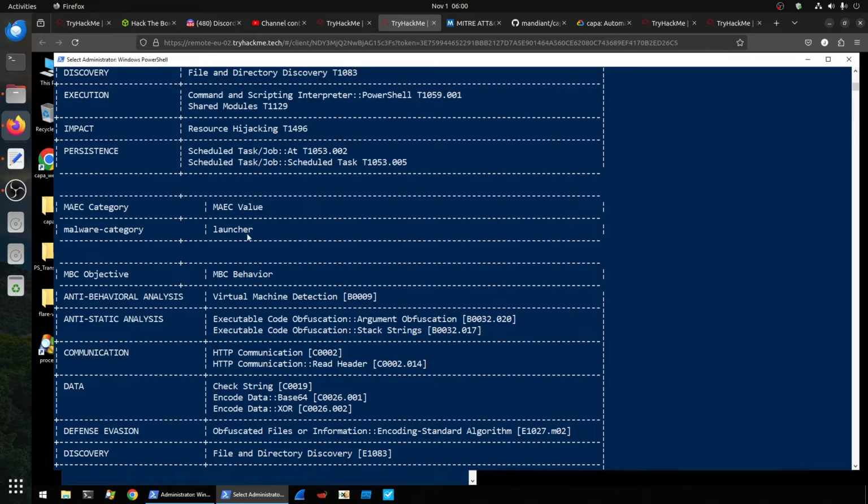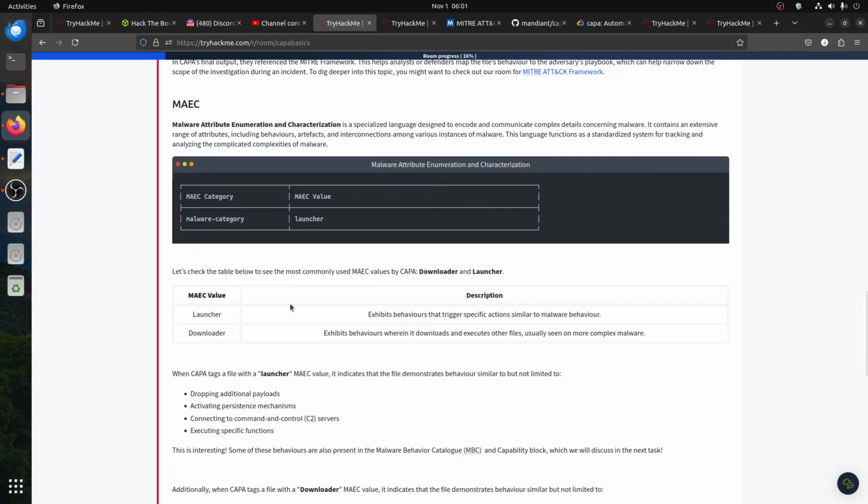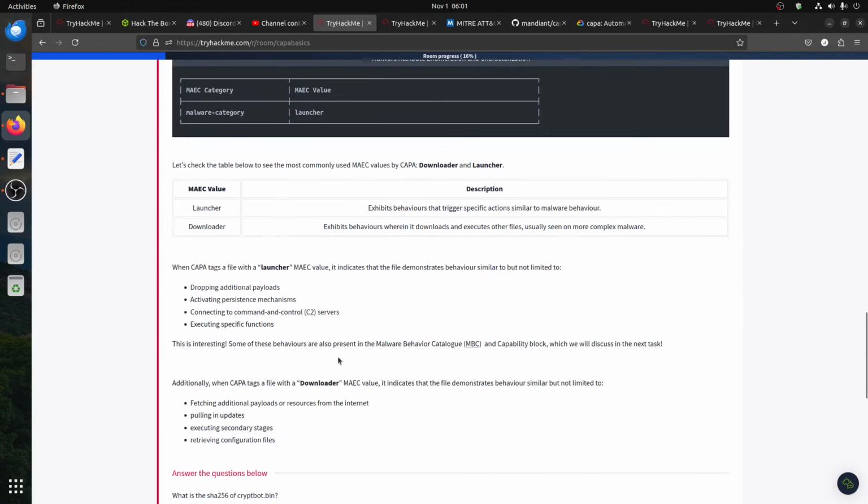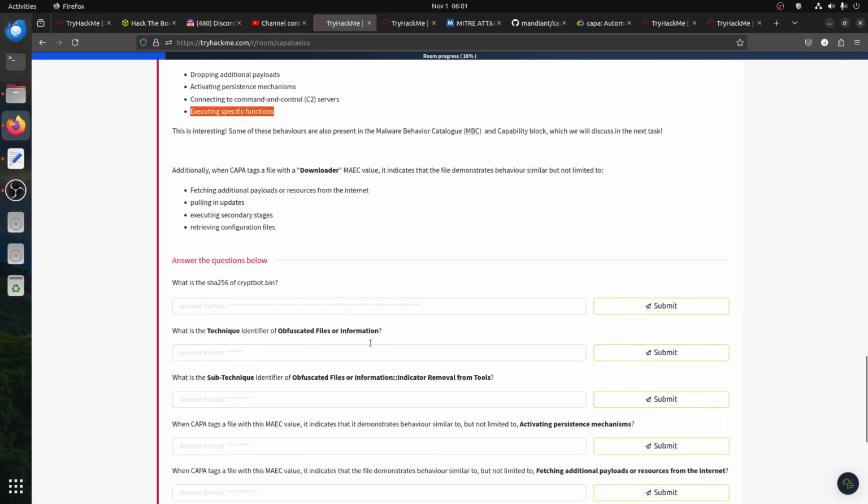is the MAEC value launcher. So it's something related to launch, and for the launch, they tell us here, for example, either dropping an additional payload, because usually when malware comes, it can download something, and that something needs to download something else. Activating a persistence mechanism like a backdoor or something, connecting to command. That's what they usually do. They connect to C2 and then start executing functions. Additionally, when CAPA tags a file with a downloader MAEC,